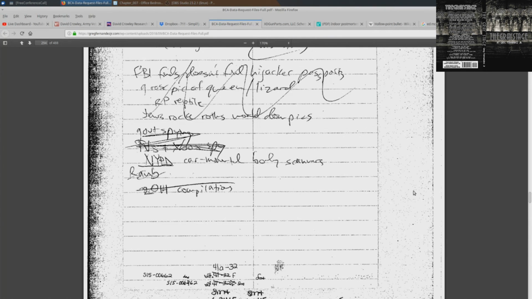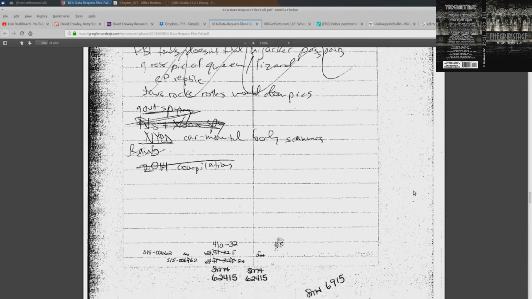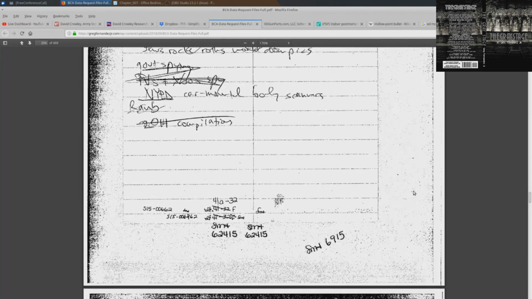Jews, Rockefeller, Rothschilds, world domination pics is what I get from the next sentence there. Mhm. And again, another conspiracy theory, and that's a big one right there. It is. It really is. Government spying. Not so much a conspiracy theory. Then it goes on to list TVs and Xboxes and how they're trying to put cameras on everything. That's right.